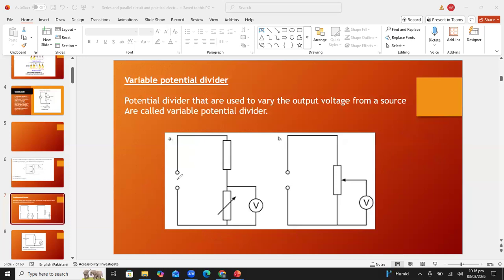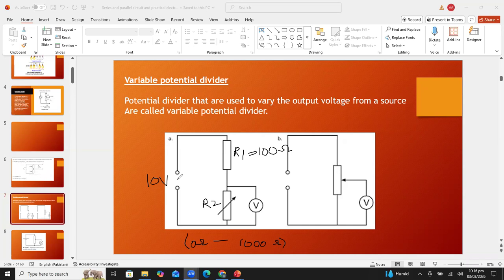Suppose that initially the battery voltage is 10 volt. This is a fixed resistor R1 and its value is 100 ohm. This is a variable resistor R2 and we can vary its resistance from 0 ohm to 1000 ohm. And let me tell you one thing, beta, that resistance and voltage are directly proportional to each other. Okay? Resistance and voltage are directly proportional. If you vary the resistance, the voltage across the resistor will also change.